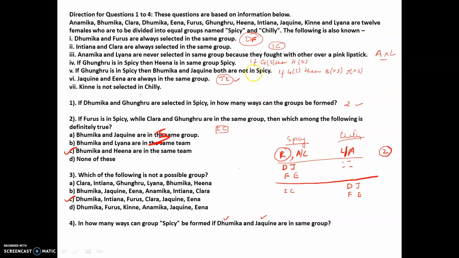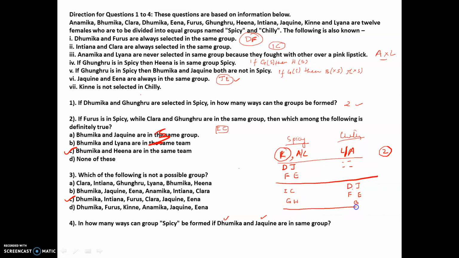Okay. Now I'm left with G. So if G is in S, H will also be in S. So now I have to think, if I place G out here, who also has to come here? H. But there can be a second case where I may not keep G out here. So if I keep G out here, H has to be in the same group, and B and J will be in the different group. So obviously, can we have B and J? J is already in a different group. We need one more person out here, so that will be B. So that fulfills the case. 1, 2, 3, 4, 5, 6, and 1, 2, 3, 4, 5, 6, right?